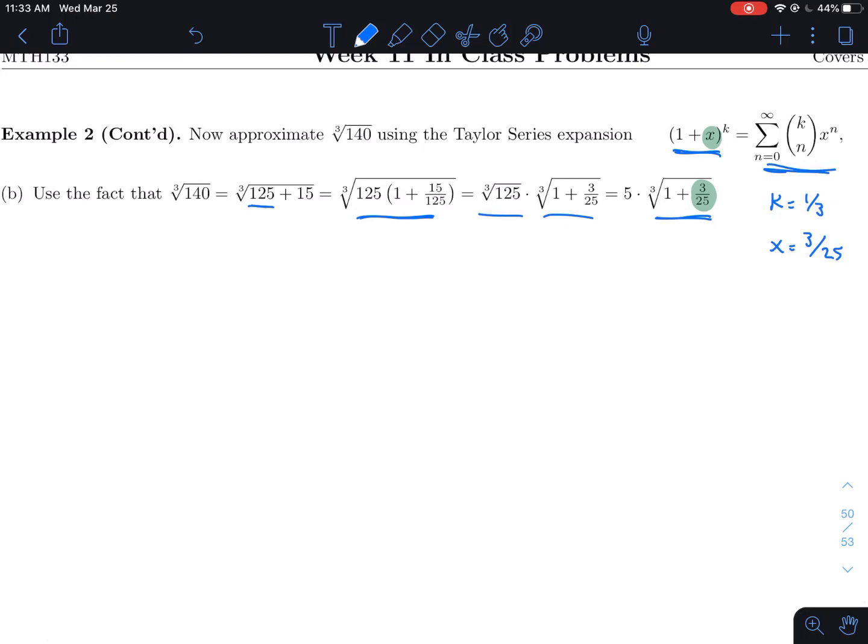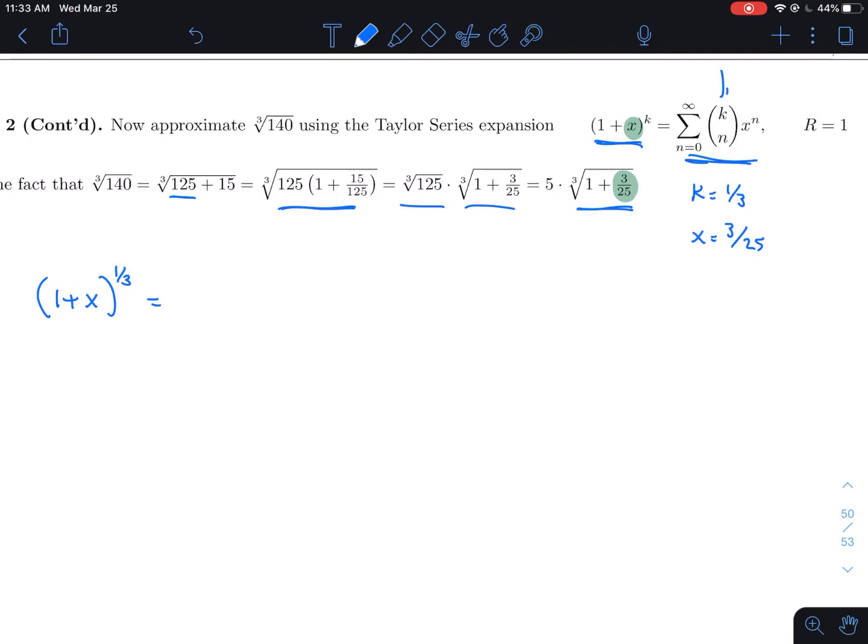So let's just focus on this cube root, or let me rewrite it with the 1/3 power. I'm going to do (1 plus x) raised to the 1/3 power for the time being, and then we'll plug in our specific x value here. According to this series expansion, we're summing up these binomial coefficients, k choose n, times x to the n. All of these have k value 1/3, so we're going to have 1/3 choose 0 times x to the 0,